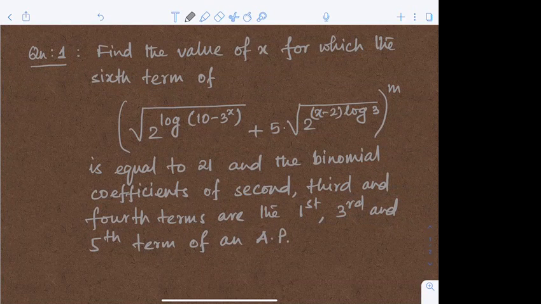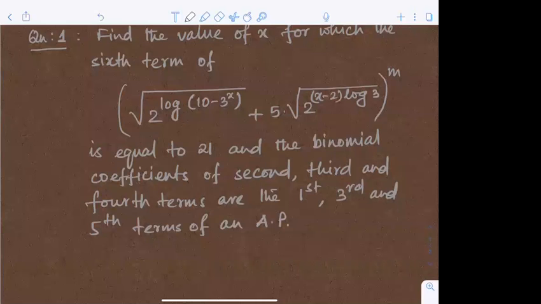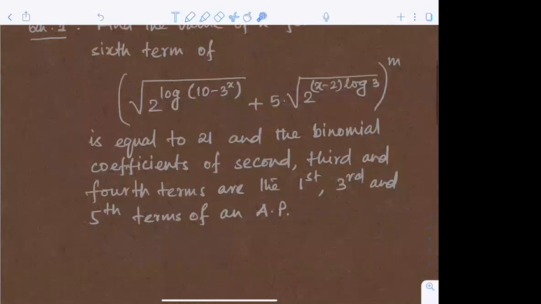Better solution করতে হবে. Try to solve it. After that I will tell you how to. Okay, তাহলে দেখা যাক কি কি ইনফরমেশন দেয়া আছে। প্রথমে তো এই ইনফরমেশন গুলো দেয়া আছে যে sixth term of this is equal to that. Okay. আর আরো দেয়া আছে যে binomial coefficient of second, third and fourth terms are the first, third and fifth terms of an AP. ওটা যদি আগে দেখি আমরা,